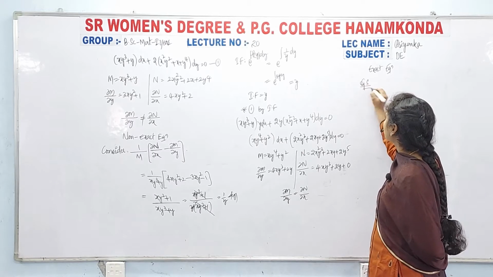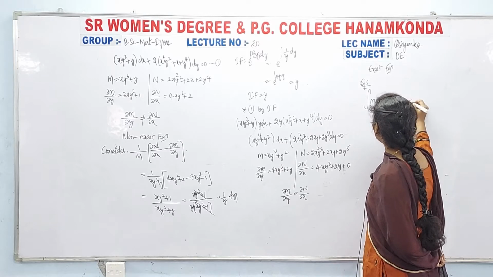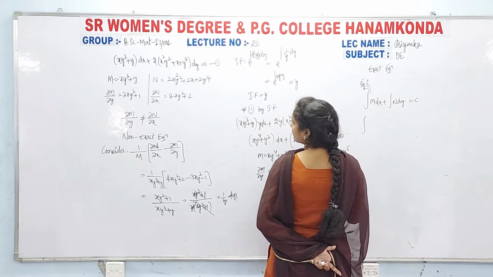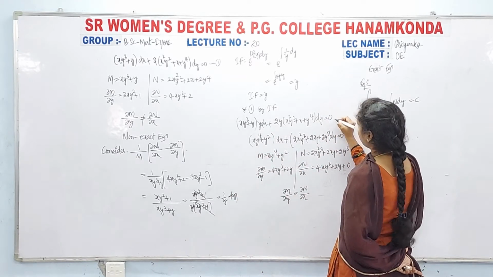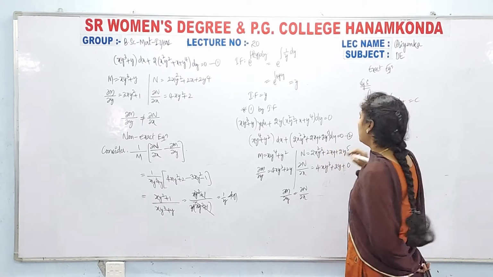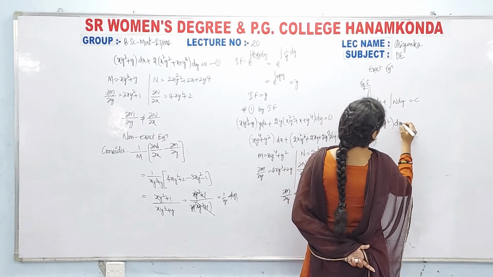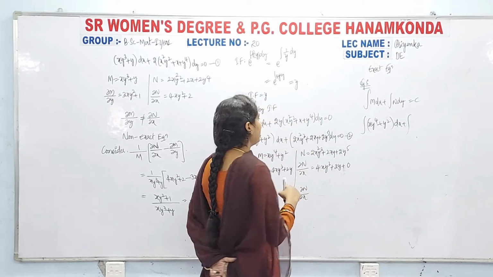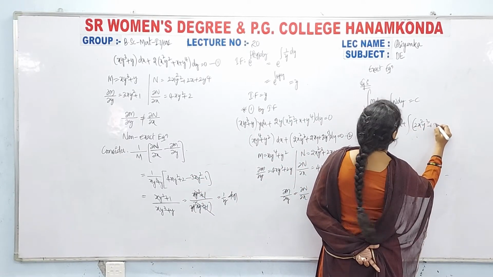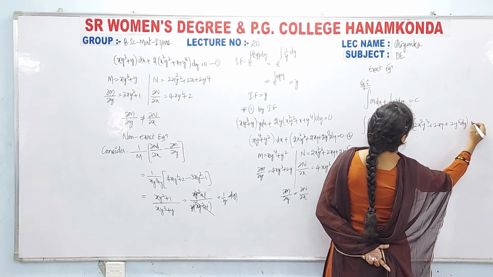Now what is the general solution formula? Integral of M dx plus integral of N dy equal to c. So then what we get here? M is what we consider from the new equation. So we take the integral of (xy^4 + y^2)dx plus N, whose value is directly 2x^2y^3 plus 2xy plus 2y^5 dy, equal to c.